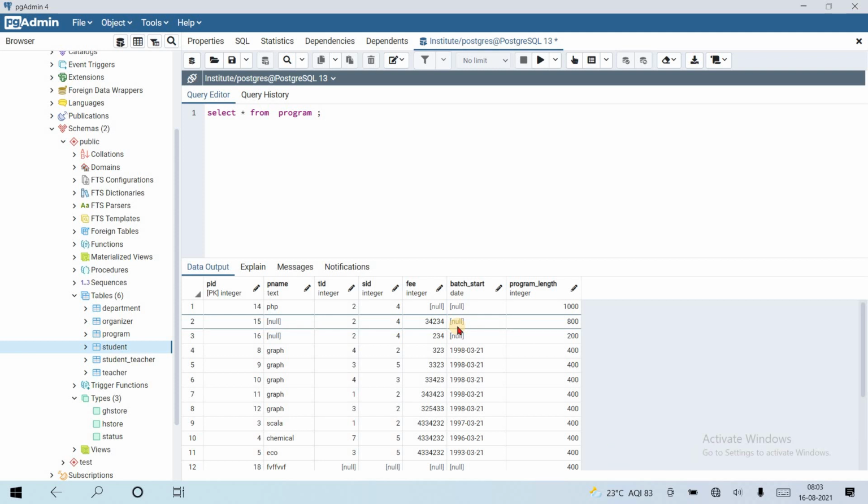Okay, let's create one more table, worker, and insert some null values. Create table worker. Suppose it has an id, serial, primary key, and name of worker is varchar 50.